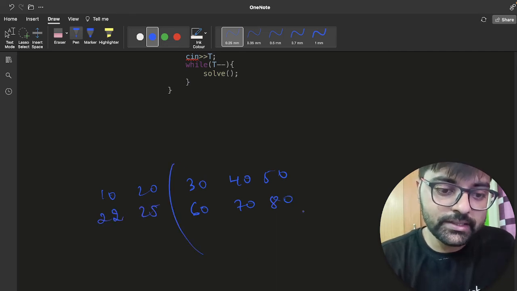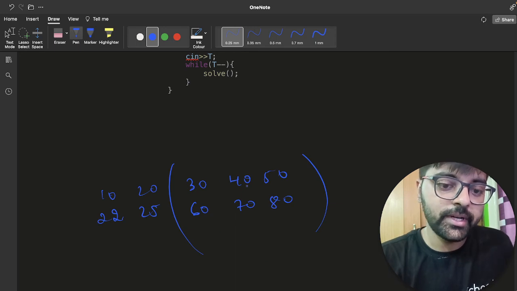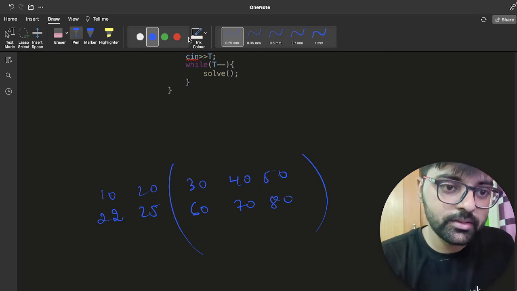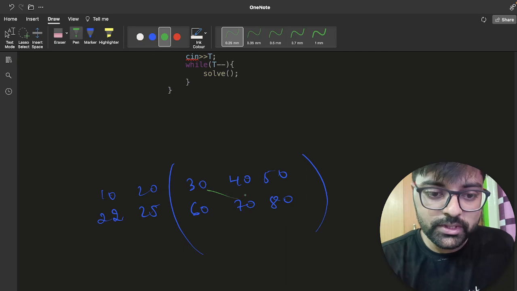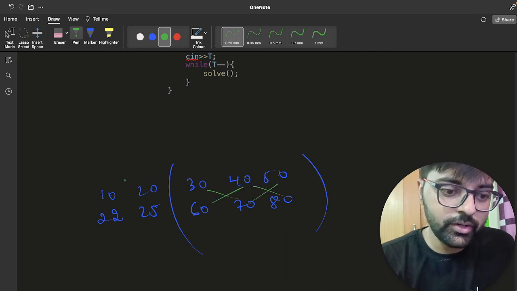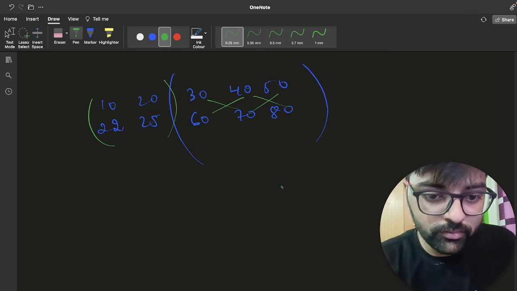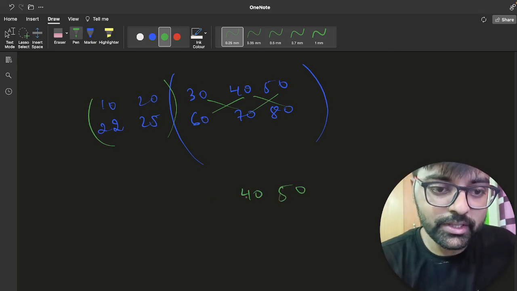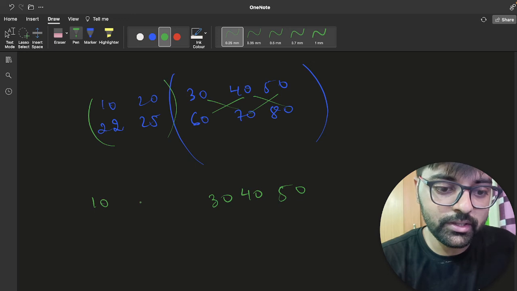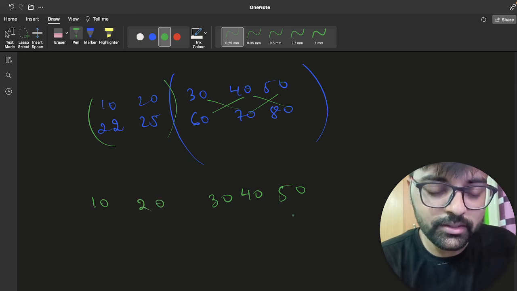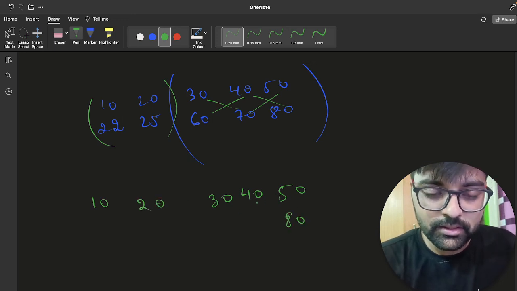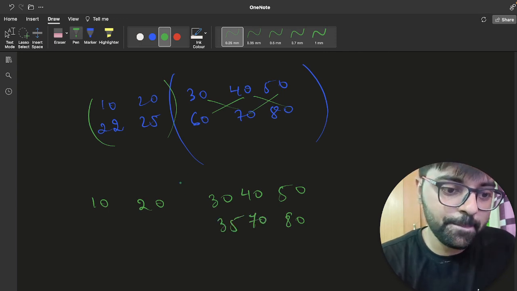As we can clearly see, these 3 elements can be in any order and these 2 elements can be in any order. So let's say 50, 40, 30 and 10, 20. Consider this again, and there is 80 and 70, and there is 35, and then there is 25, 22.